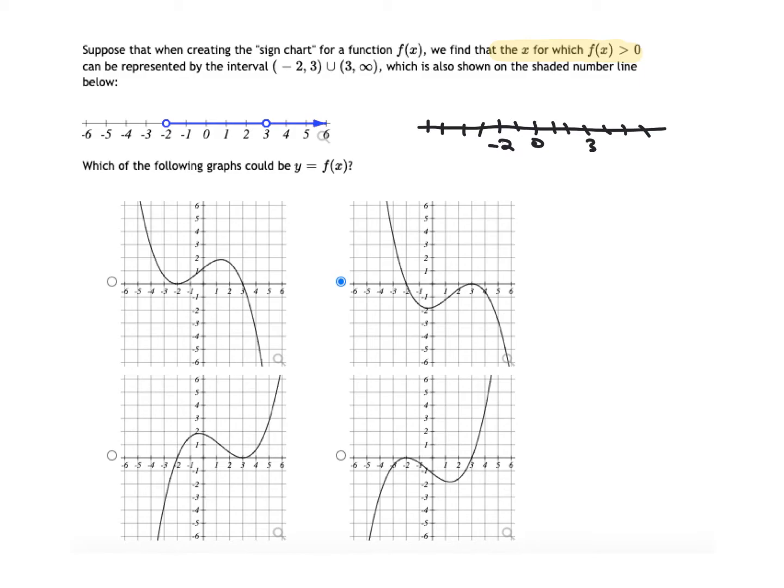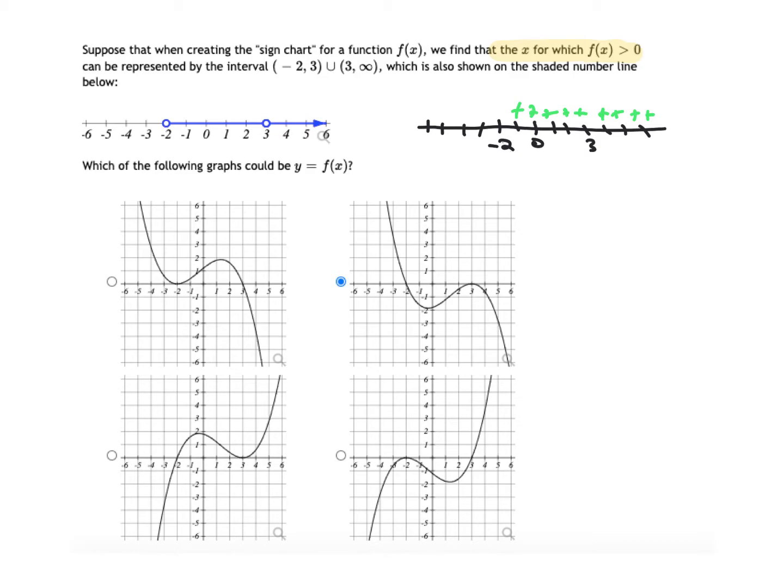So we can move this information, the shaded question and the answer to that question, over to what we consider a sign chart for the function. The question here that's being answered is, where are the y-coordinates positive? And the answer is these shaded bits through here. So that tells us on our sign chart that between -2 and 3, the sign chart should say plus, and then from 3 beyond, the sign chart should say